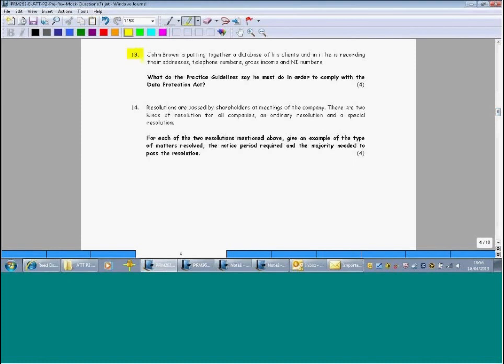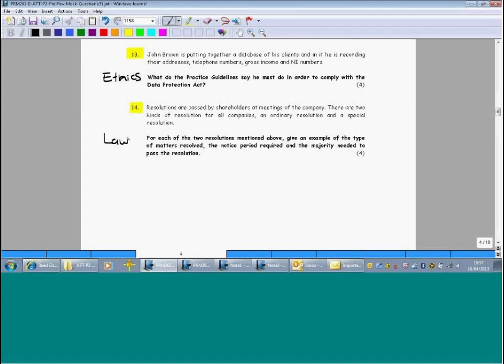And then finally, the other short forms just to point out, questions 13 and 14. 13 is an ethics question. 14 is a law question. You might not like your law and ethics. There's enough else for you to learn in ATT paper 2, but in all likelihood you are going to get some marks in the exam, either as a short form or as part of a long question on your law and ethics. So do practice as many of these questions in the revision question bank as you can,